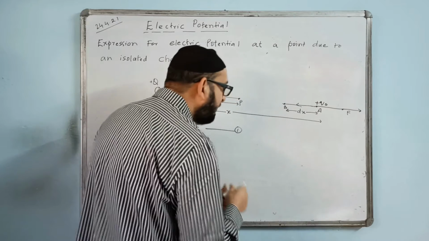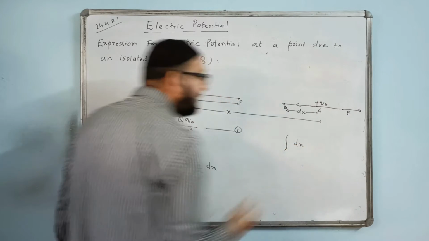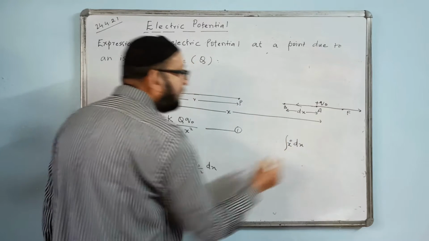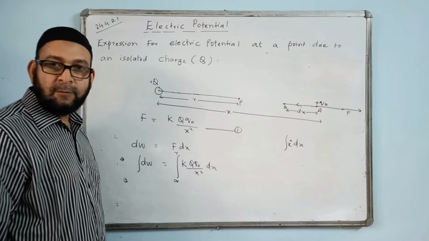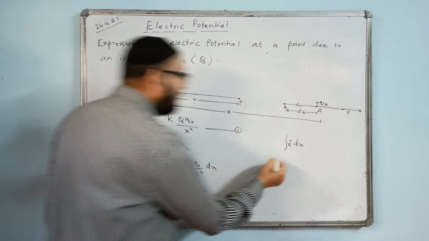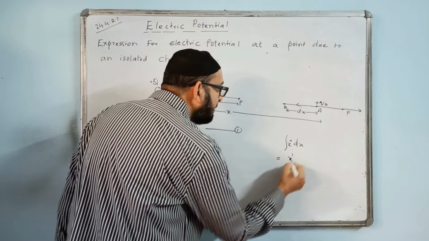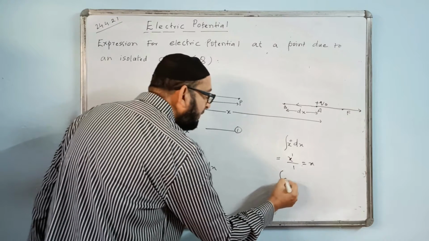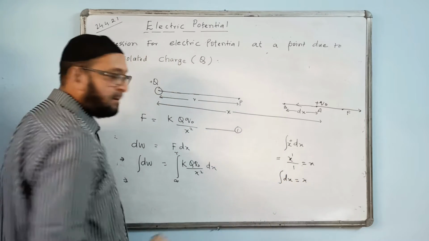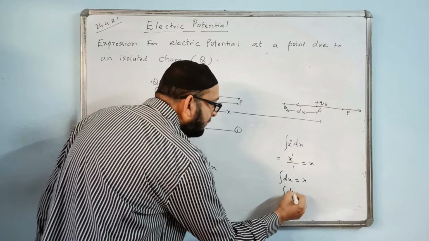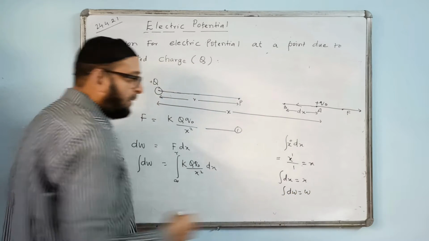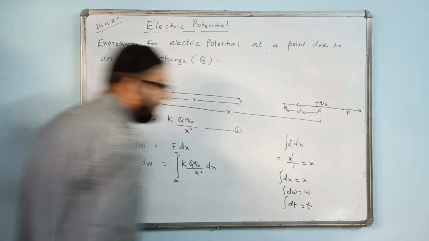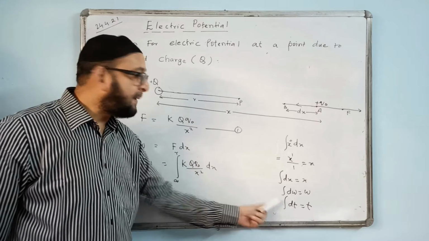Similarly, if I have only dx, what is the integration of only dx? X is not there here, so I write x to the power of 0. X to the power of 0 is 1. If I apply the integration of this, it becomes 0 plus 1, x to the power of 1 by 1. The answer will become only x. In other words, if we have dx, the answer will become directly x. If we have dw, the answer will become only w. If we have dt, the answer will become only t. This derivative is removed by integration.